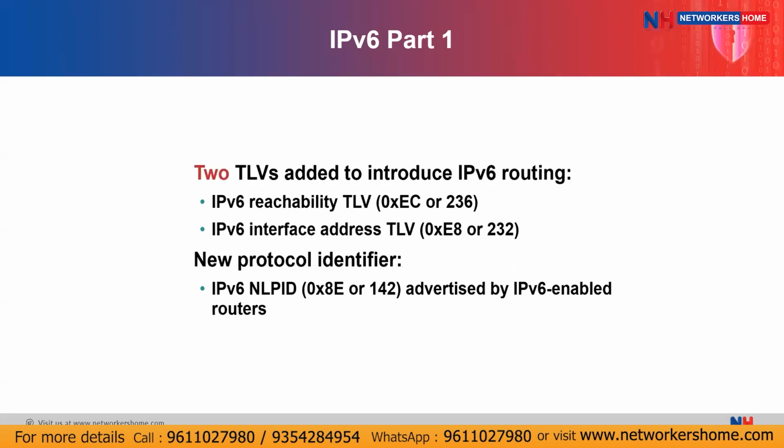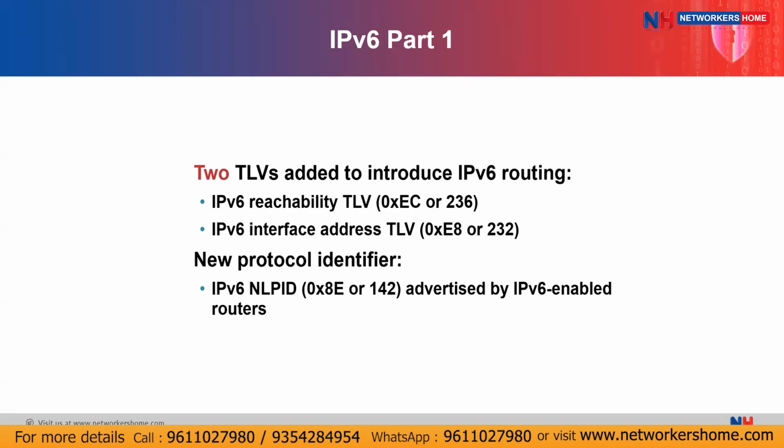It uses two type length values added to introduce IPv6 routing: the IPv6 reachability type length value and the IPv6 interface address. And a new protocol identifier for IPv6,